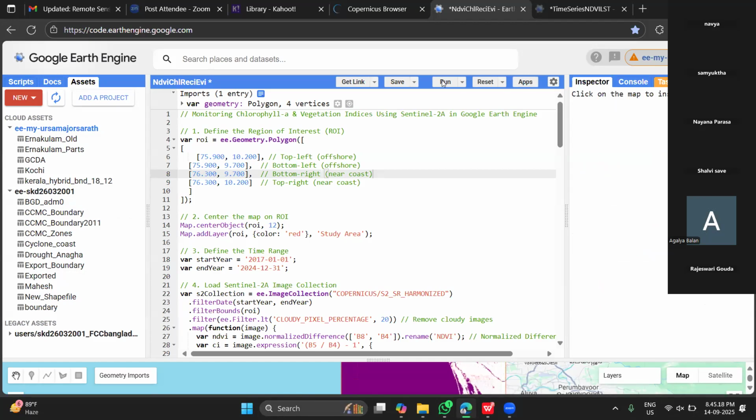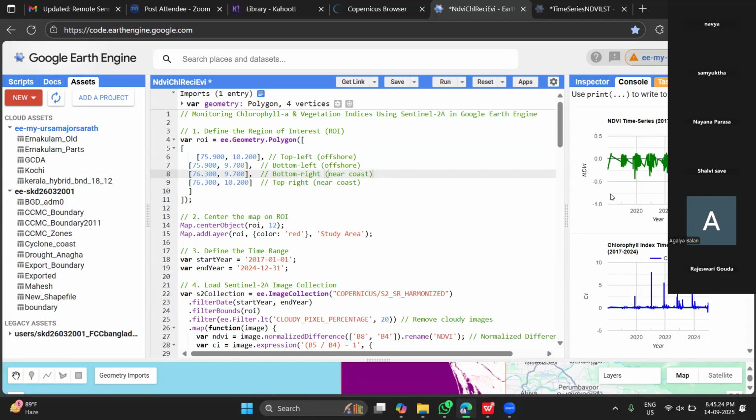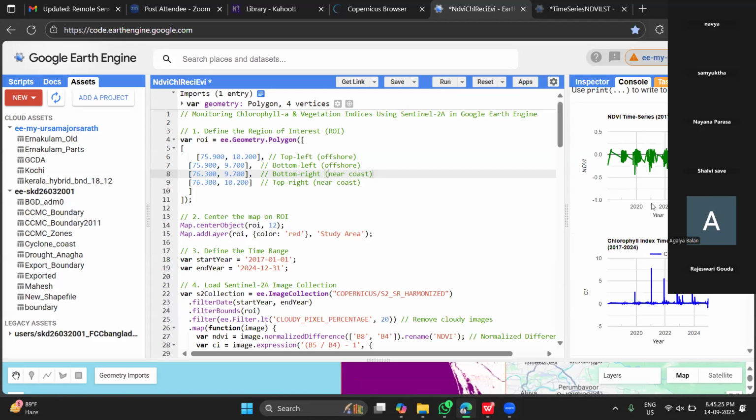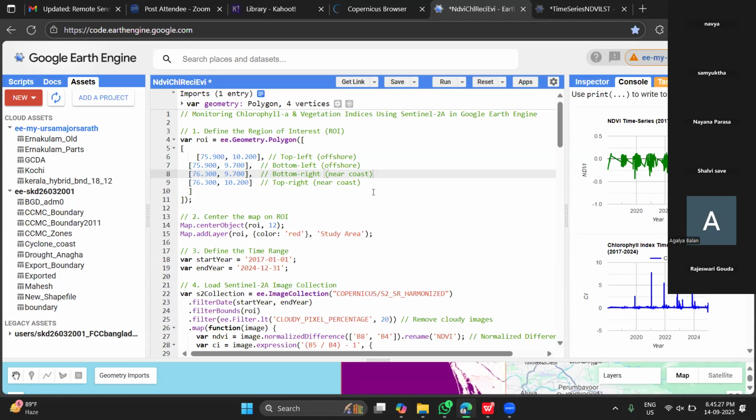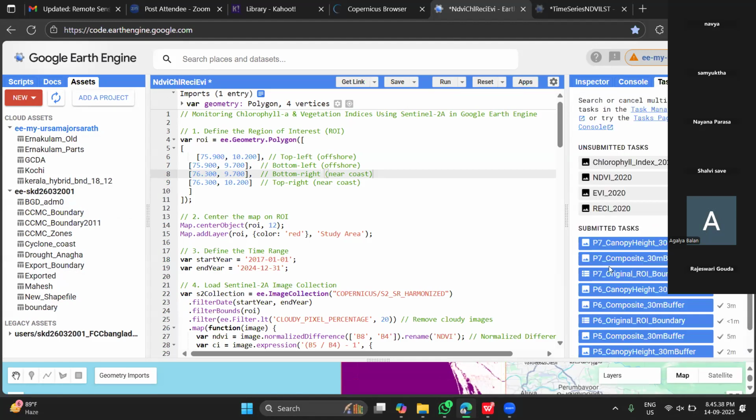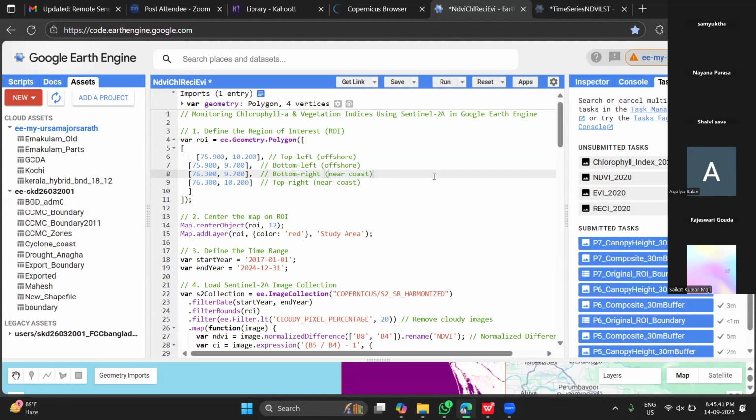If we are running the code, the error will pop up in the instructor. And the console is where the chart creator, or the instant data analytical graphs, can be seen. And in the task tab, if you want to download that particular layer into your system, we can download it from this